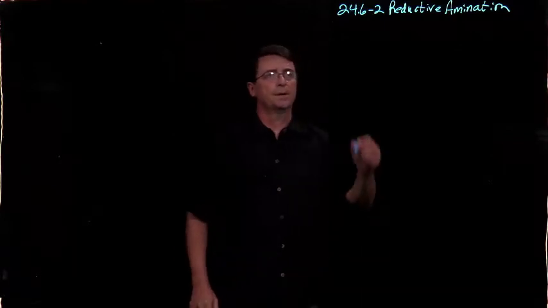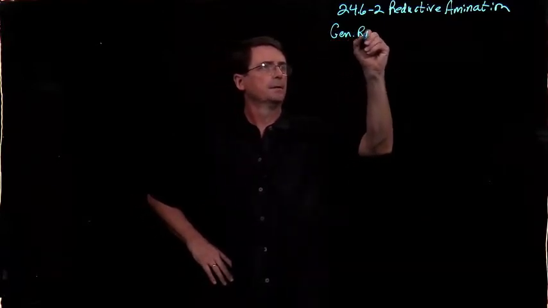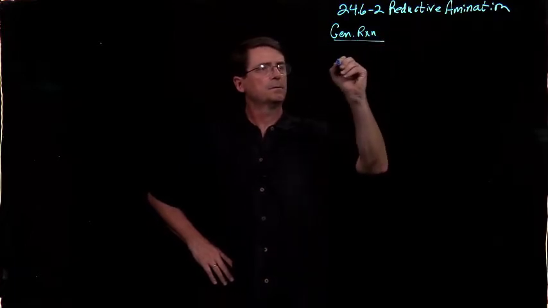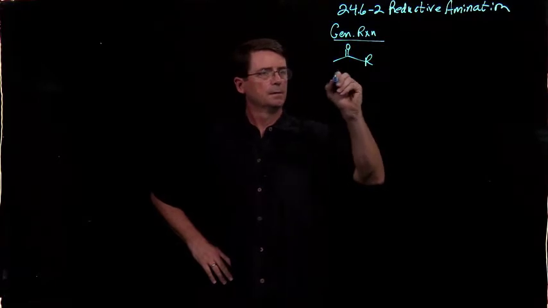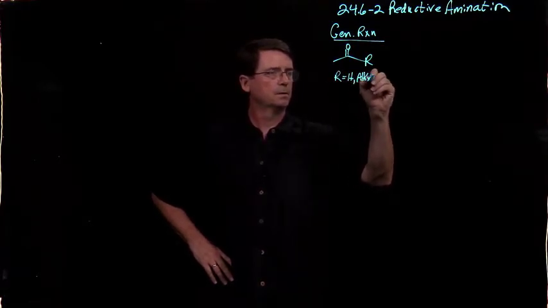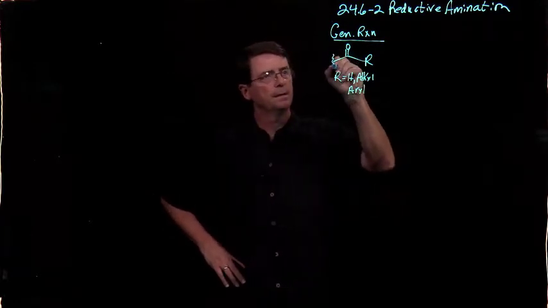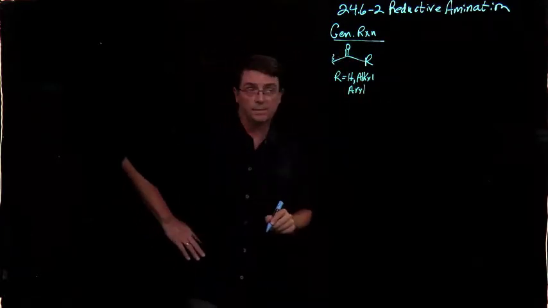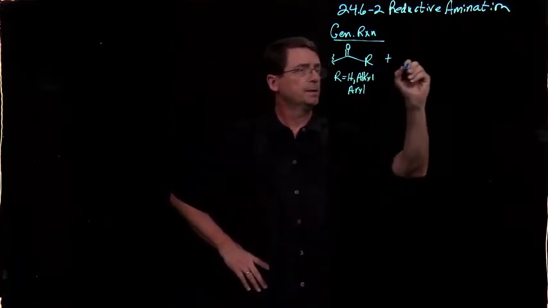Let's start with reductive amination. First, the general reaction. The general reaction here is R equals H, alkyl, or aryl. Okay, and that means we have aldehydes and ketones. We can treat those with